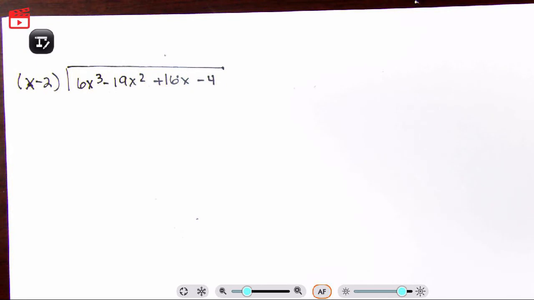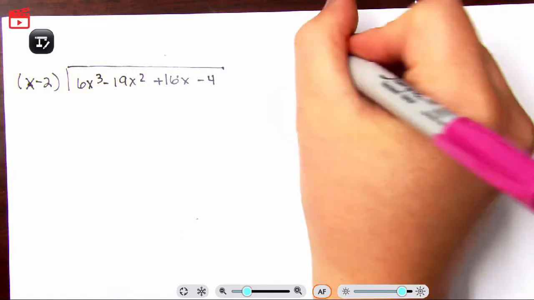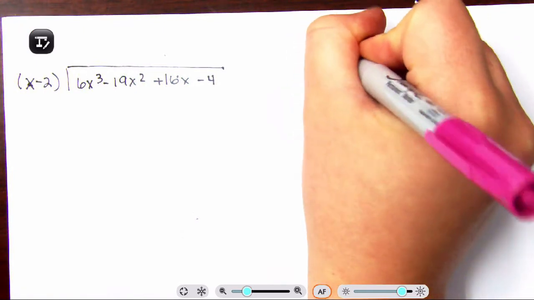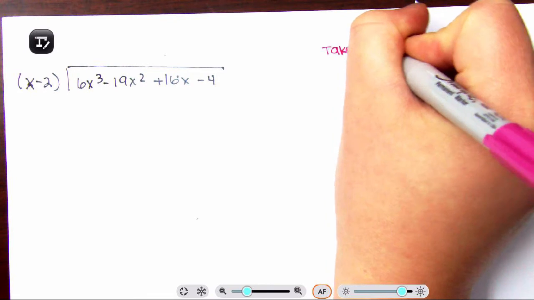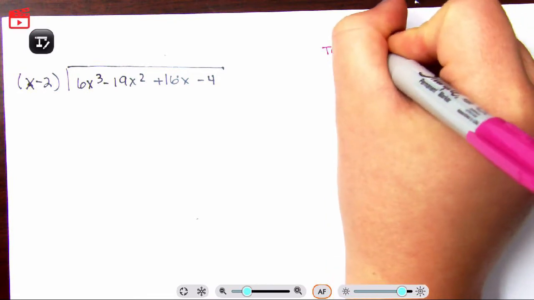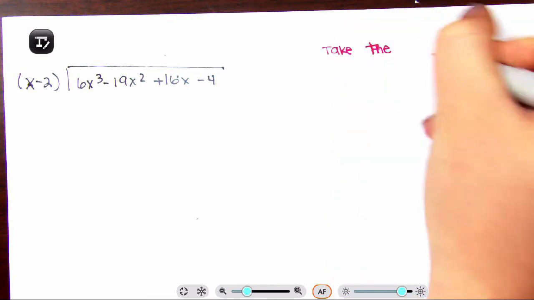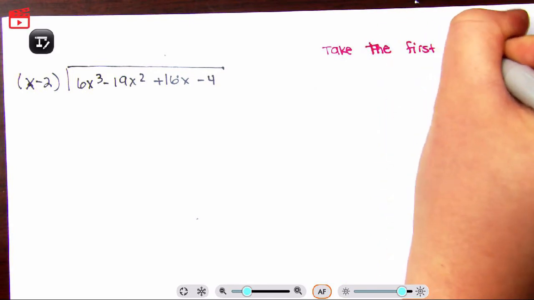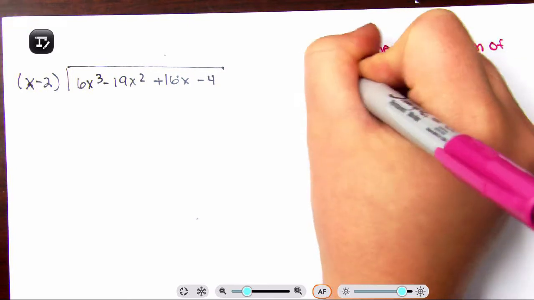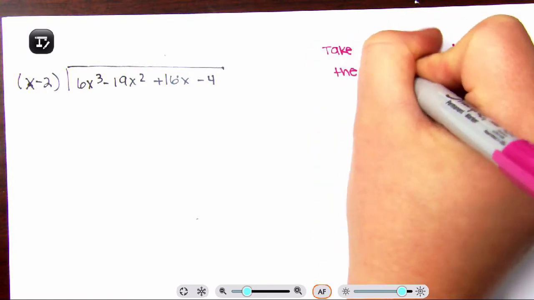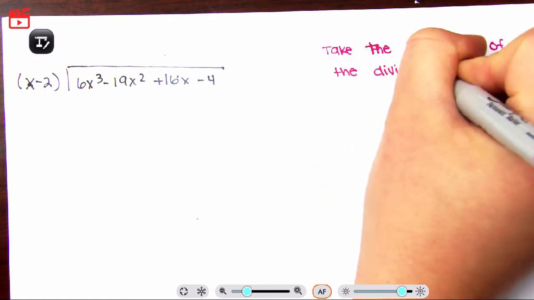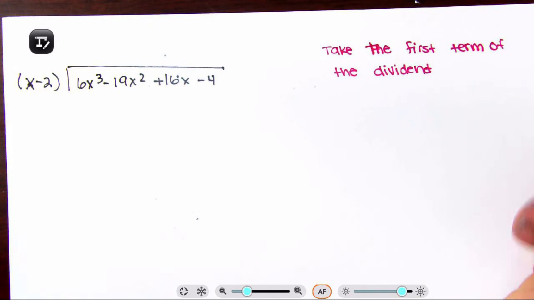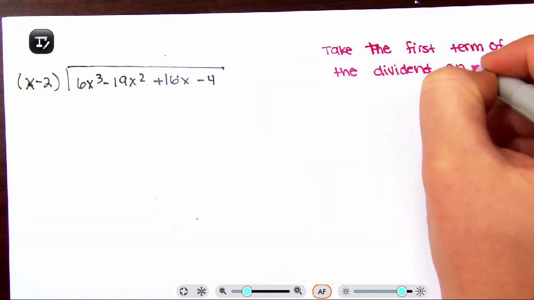I'm even rolling up my sleeves because we're going to get into this now. You're going to take the first term of the dividend, and divide by